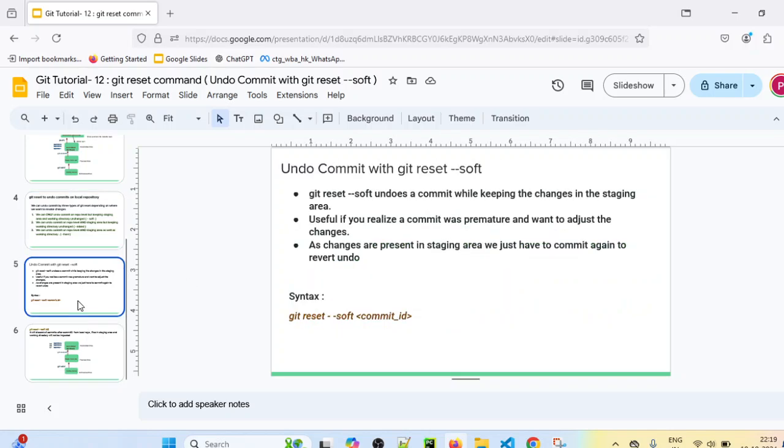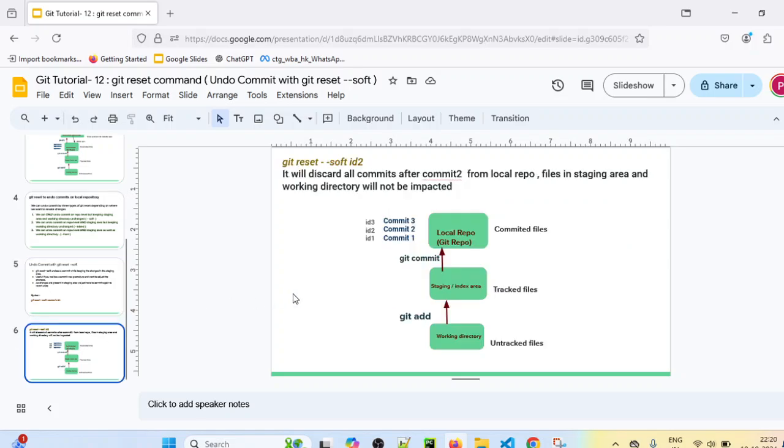How can we get the commit ID? Whatever number of commits you have made in your project, the git log --oneline command will give you all the previous commits, right? Along with that, you can use that specific commit ID if you want to revoke the changes from the Git repository. For example, let's say there are commit 1, commit 2 and commit 3. Every commit will have some ID associated with it, that is the commit ID.